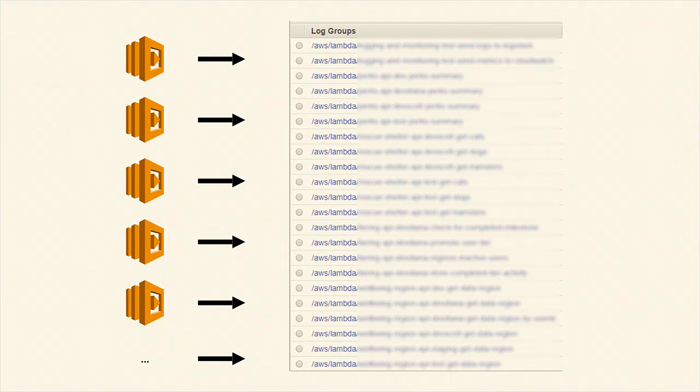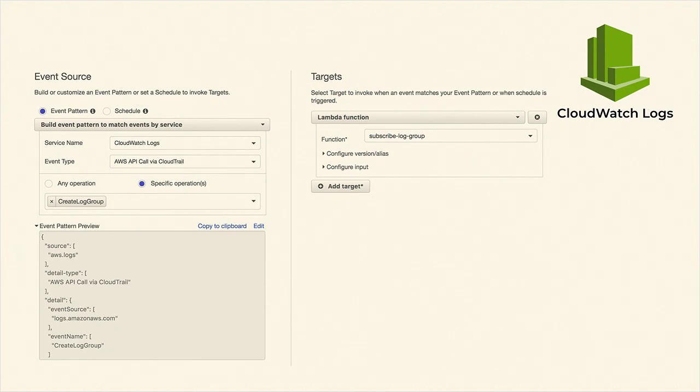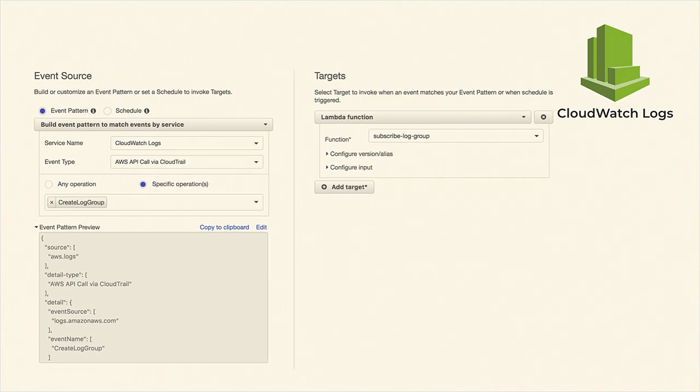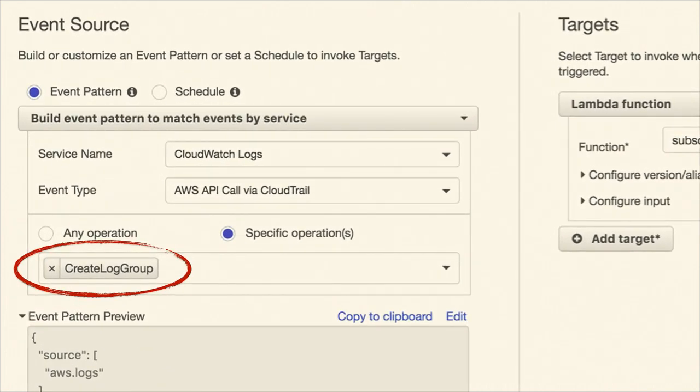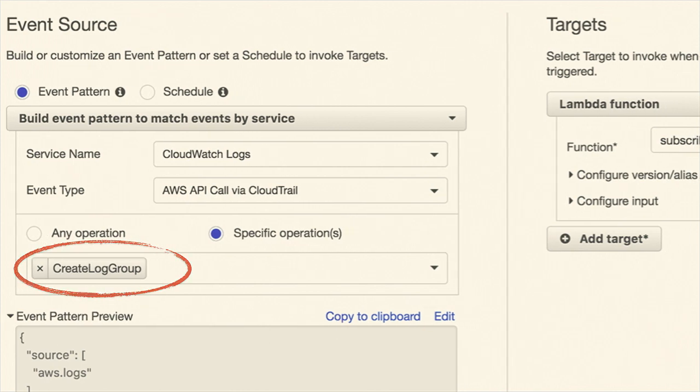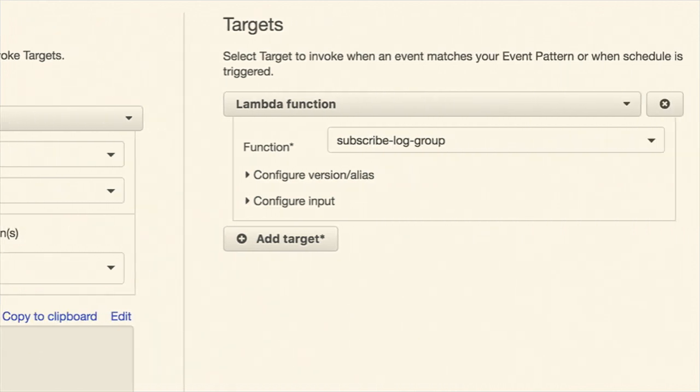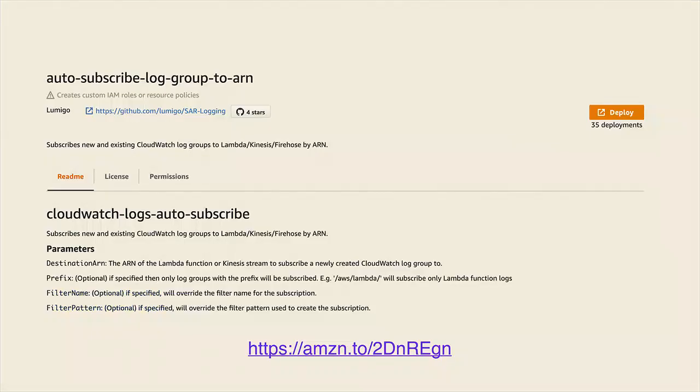I really don't want to have a manual process to then go into the console and click subscribe every time I create a new function. So what you can do instead is use CloudWatch Events, or in this case, the new rebranded name, EventBridge. You can then create a new pattern to say anytime the CreateLogGroup API is called against CloudWatch Logs, please call my Lambda function, which will then subscribe this newly created log group to my log shipping function. And if you don't want to do this yourself, then I also publish a serverless application, which